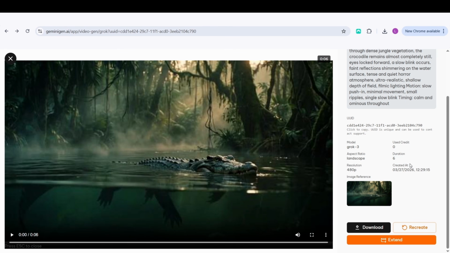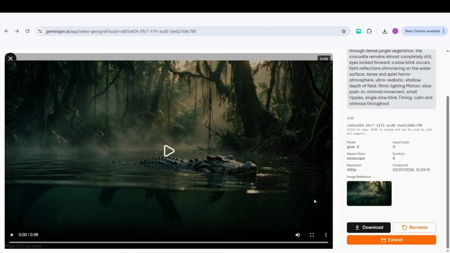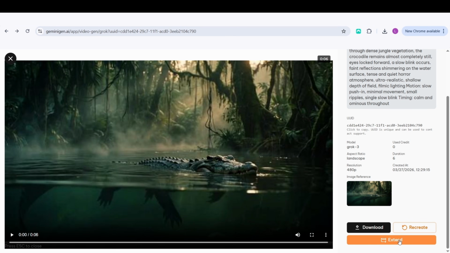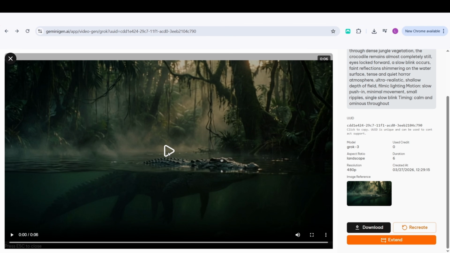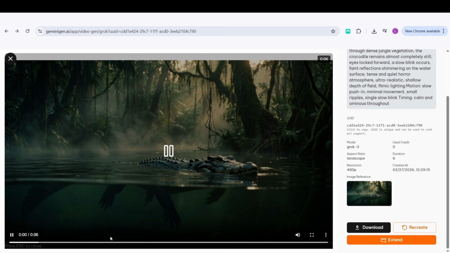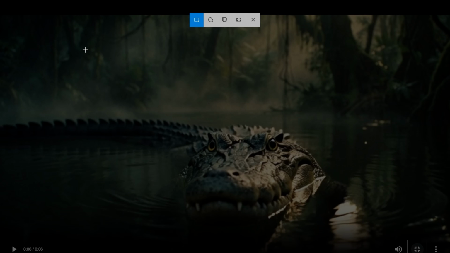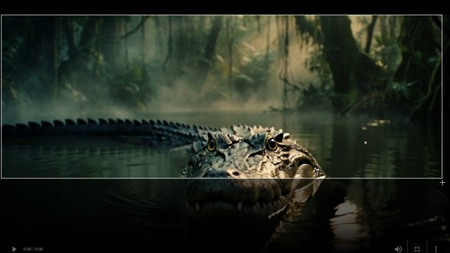Okay, so that we do this short movie, what you're going to do to keep it for free, because I tried this extend option, which is actually good, but this is for paid users, and since we want to keep this for free, what we are going to do is go to the last frame of the movie. What you are going to do is print screen this frame,